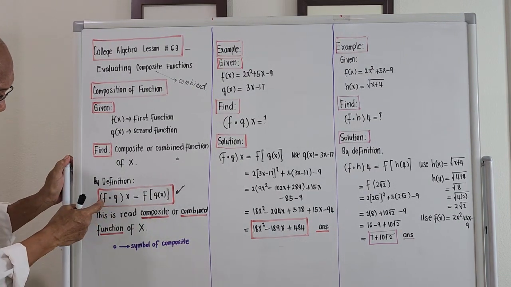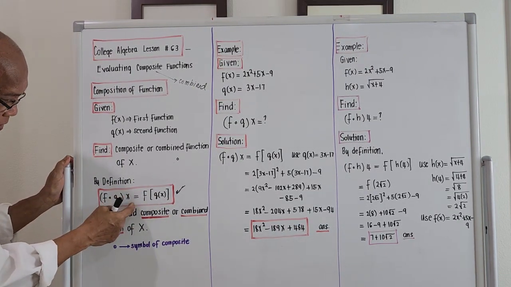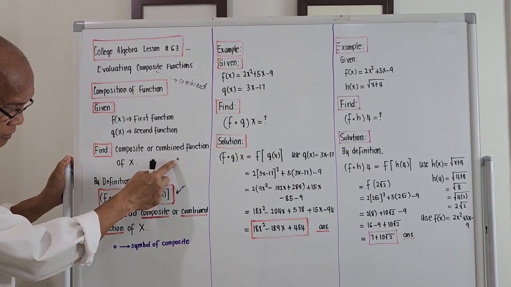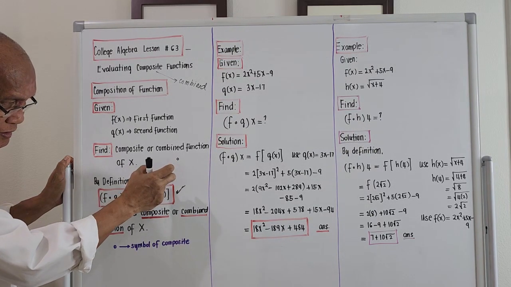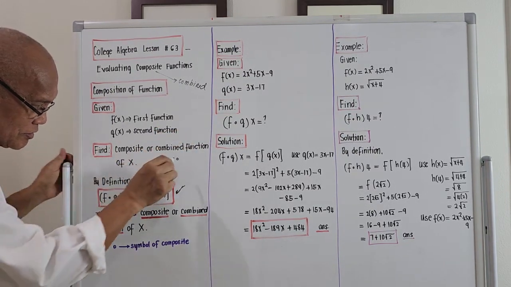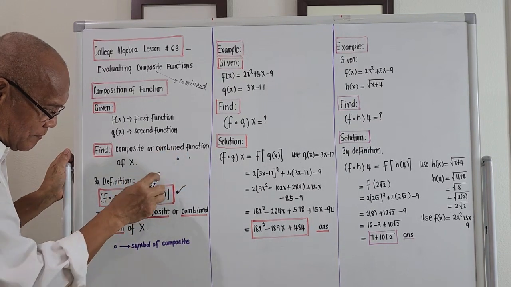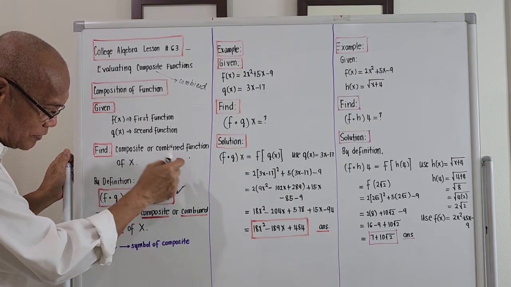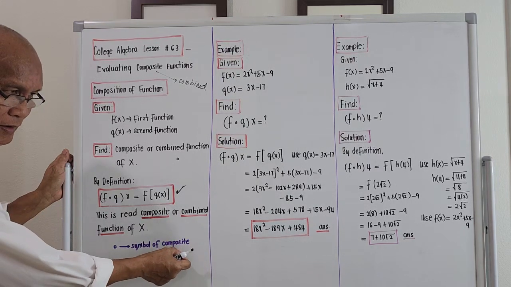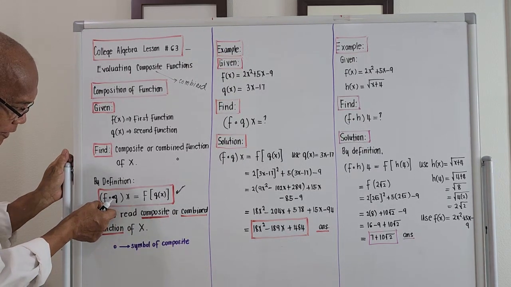That is, if we try to combine function of x and g of x, this symbol here, this is not a dot, it's a small letter circle. It's a bigger thing than a dot, because a dot is just something like this, right? But this one, it got a hole at the middle. And that symbol is actually a symbol for composite, meaning we are combining function of x and g of x